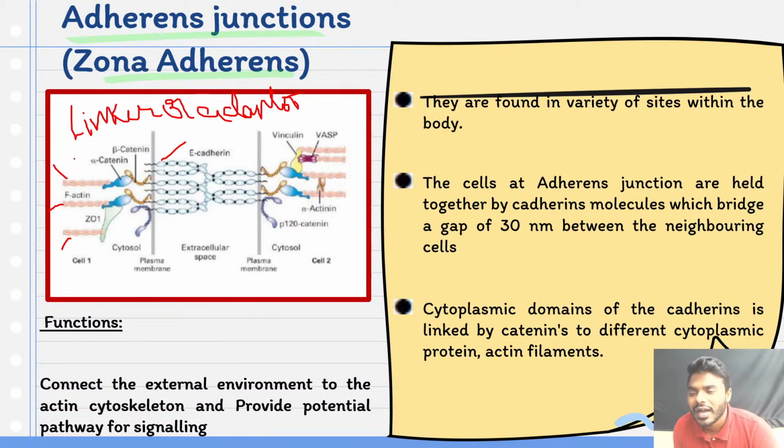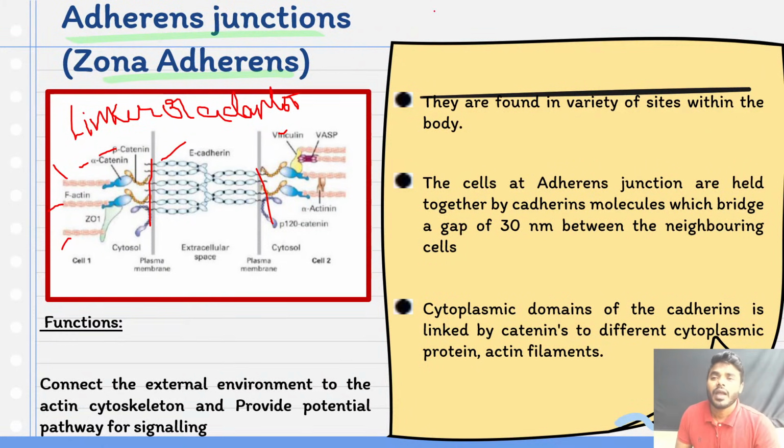We can call the catenins. We can call the vinculins. We're going to read it in the upcoming slide, but it is very important, friends. You people have to remember the name of the linker or adapter molecule compulsorily. Alpha catenin, beta catenin, vinculin are the types of molecules which are connecting these cytosolic domains to the actin filaments. Kindly do not get confused with this particular point.